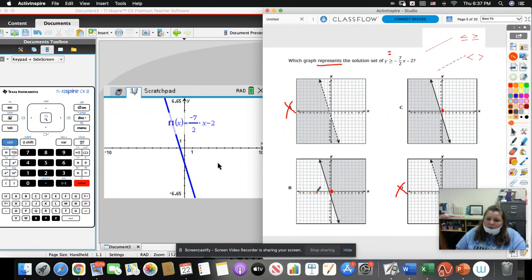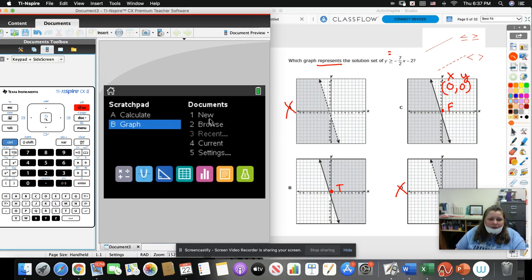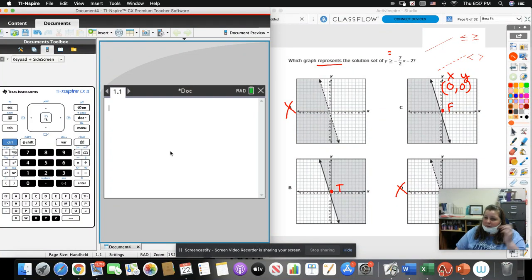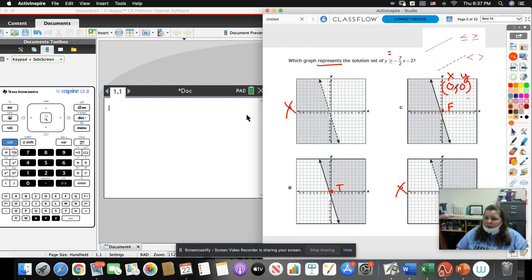Okay. This one for B, it's inside the shaded region, so that would need to be true. This one's outside the shaded region. It's not in that shaded region, so it would need to be false. So I'm taking the point 0, 0, so that's 0 for x and 0 for y. So instead of typing it in the graph this time, we're going to go to the regular calculator part. I'm going to start over with a blank calculator. And they still let you use the regular part of the calculator,